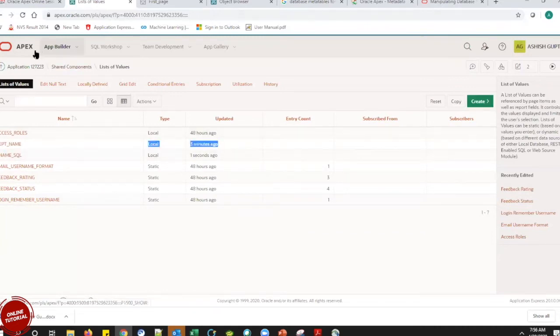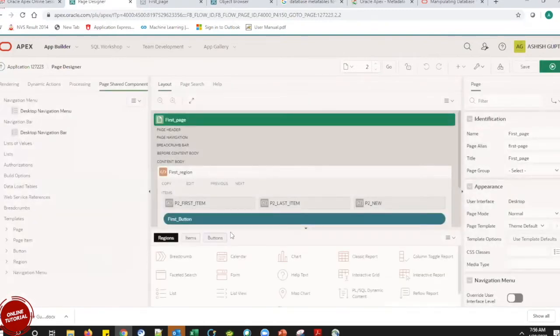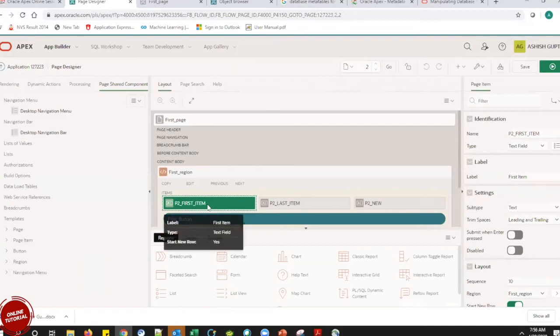Now I'll go to my page again, and in my page I change my item to a select list. If the page has an error, it is not going to save the changes that we made last time.